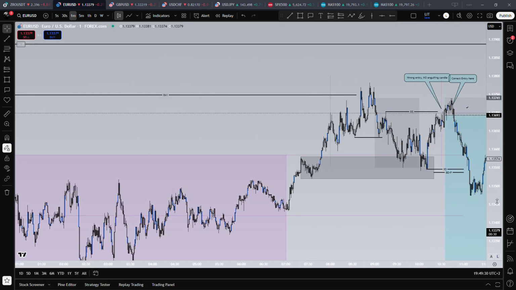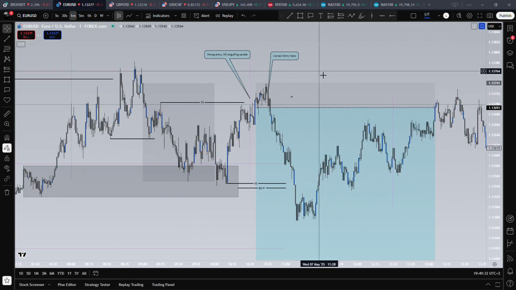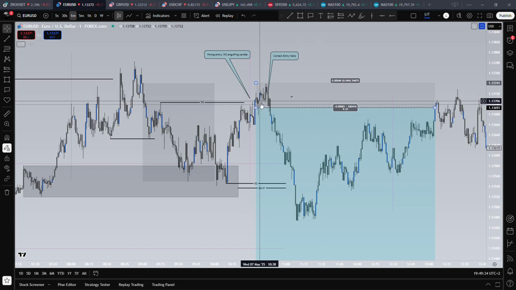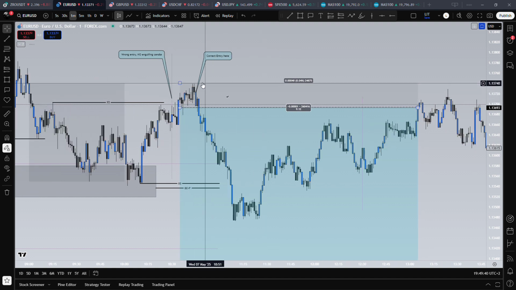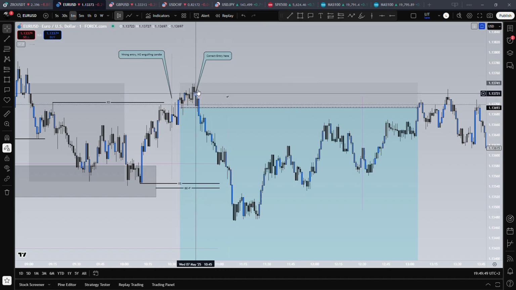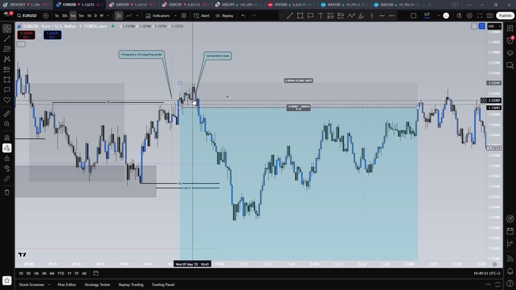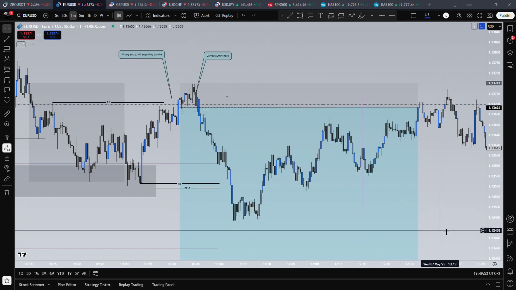Today was a day with a lot of mistakes, but I made a mistake here, like I entered here, I think, this candle, and I wasn't taken out luckily here, I don't know how, and then it created the correct pattern with this engulfing candle, engulfing both candles, and it went down.